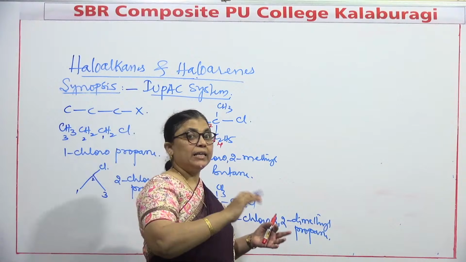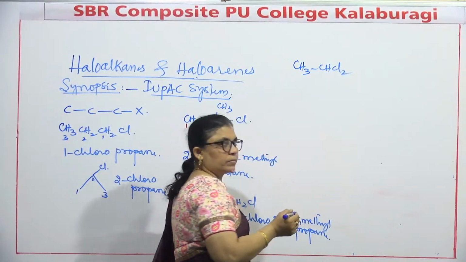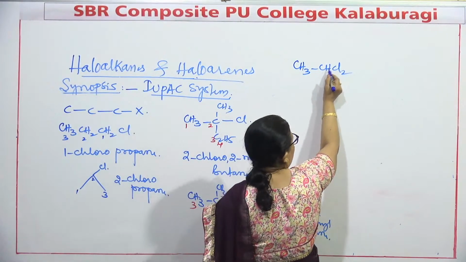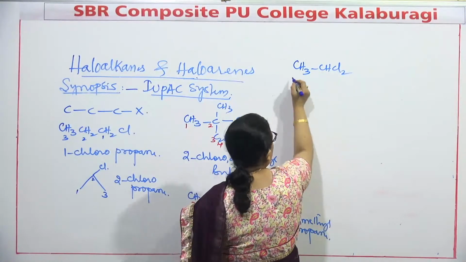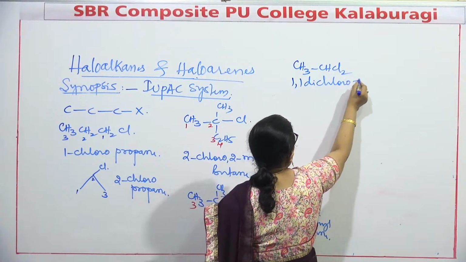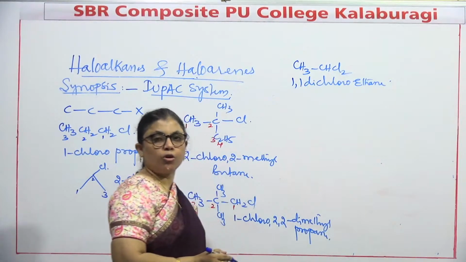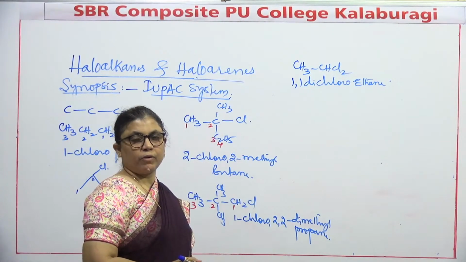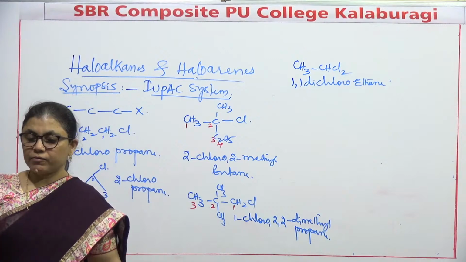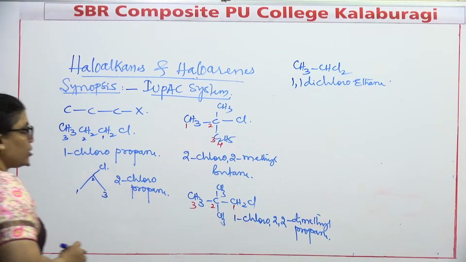So whenever we are going to write, as we said, ethylidene chloride, CH3CHCl2. Ethylidene chloride is the common name, but the IUPAC name is what? At the first carbon atom we have two chloro groups. That's why I can call it 1,1-dichloroethane. Same way, if you are going to write examples, I have brought some examples from NCERT. If we are going to write,